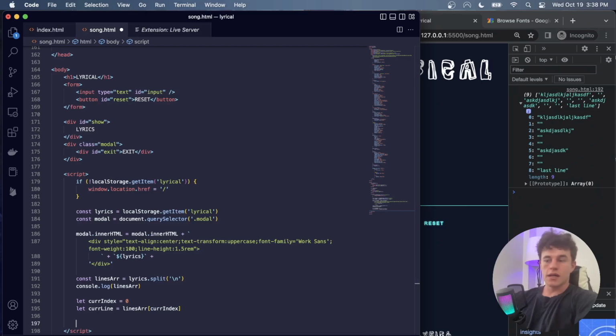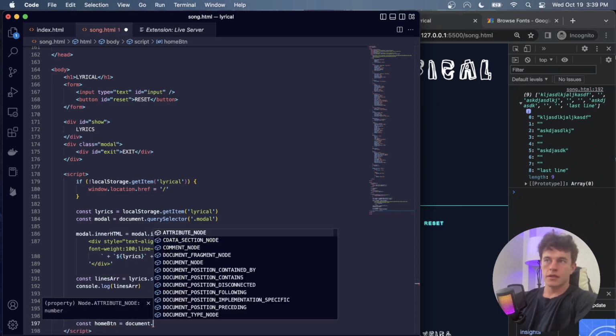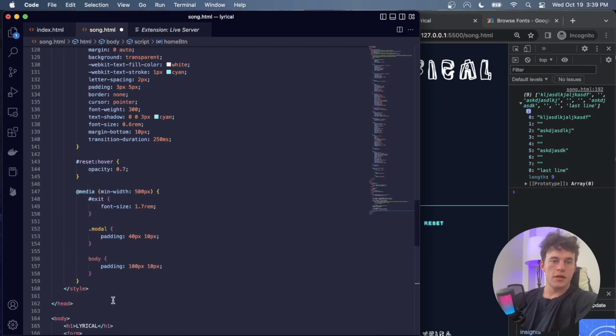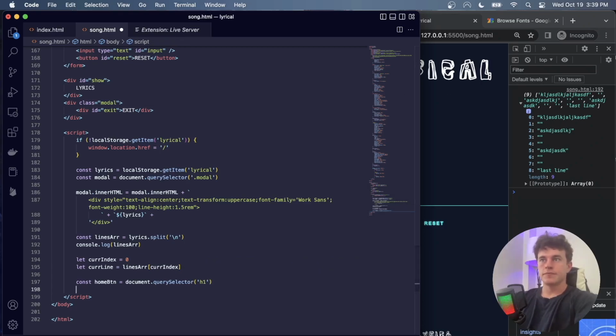So now that we have targeted our lyrics, the next thing we're going to do is add some functionality to the buttons. And so we're going to start off by targeting the buttons. So we're going to have the home button just like that. And that is going to be document.querySelector just like that. And if we just want to target an element just like we do in the CSS, we actually just don't use the pound or the period, we just go for the element itself, and we can do that here. So we're going to target the h1 tag, which is this main tag,